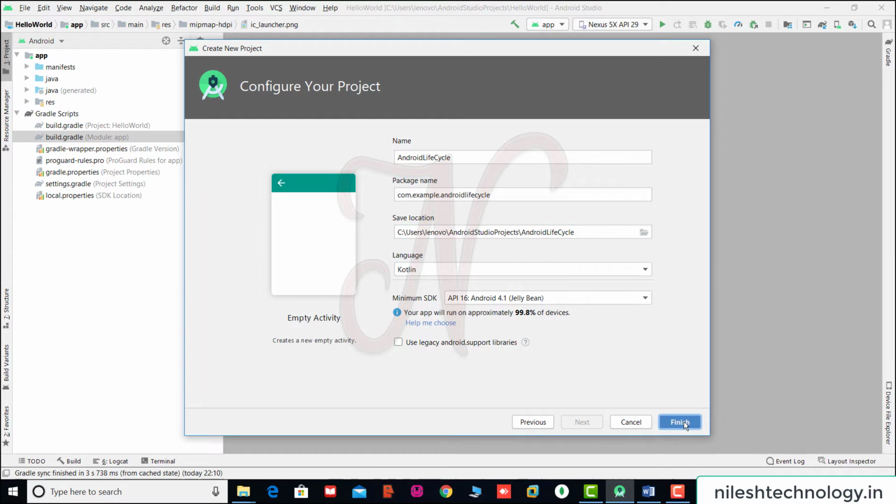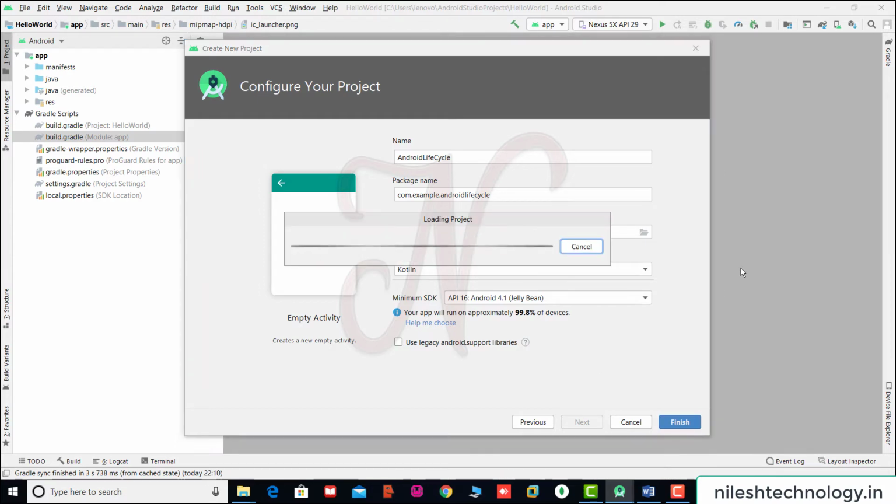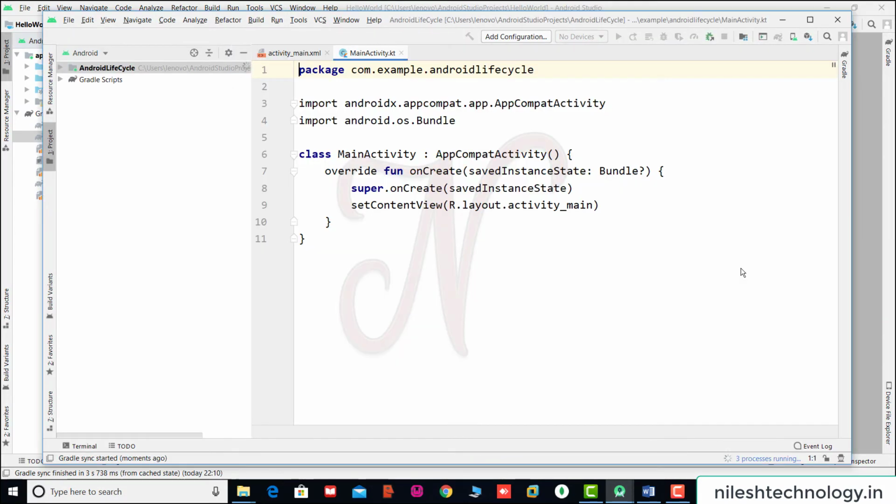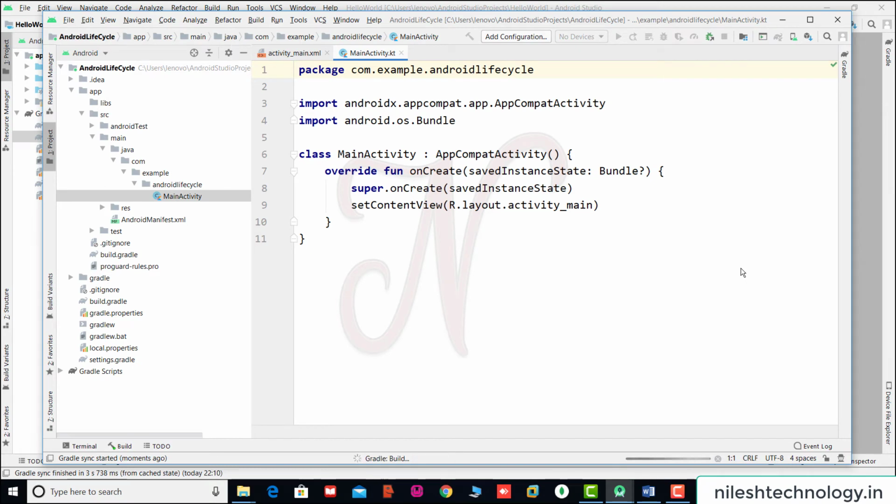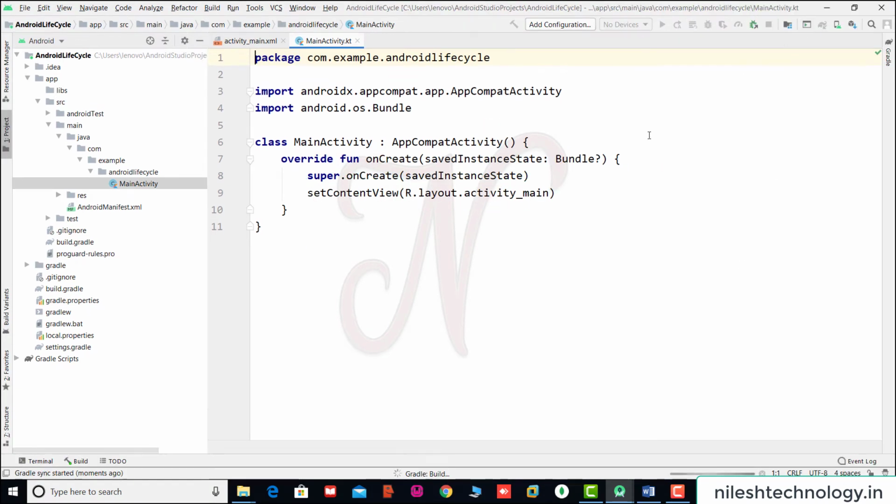So here we finish this project. Now we wait for this application to open. See here, this is the Android Life Cycle project. This is the title of your project, see in the project structure. See at the bottom, wait till the Gradle build finishes running.